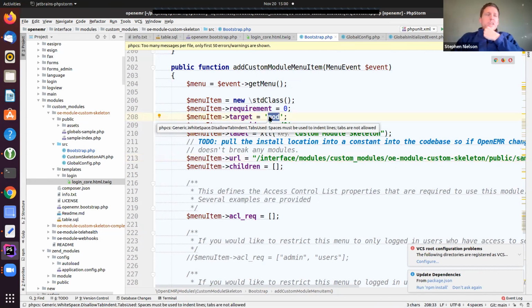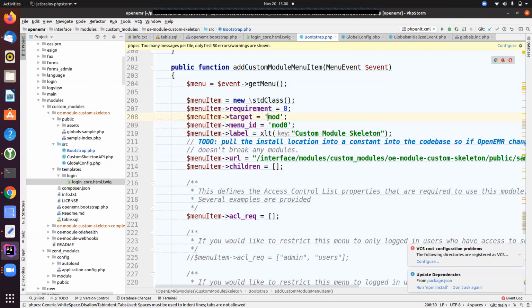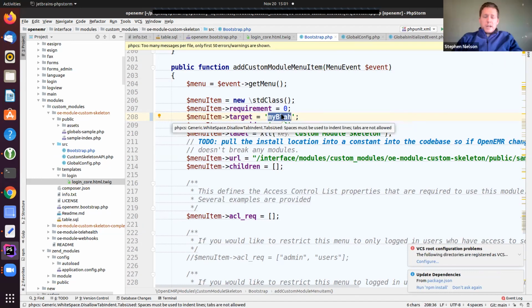Yeah, the target, just like the HTML target, is going to go to a specific window name or window tag. Oh, so if you make up your own three-letter thing, it will always open up a new window. And if you have two reports that share the same target name, it will occupy the same window if one of those reports is open. And then if you try to open up the other report that owns that target name also, it will just replace. That's my understanding. Yep.